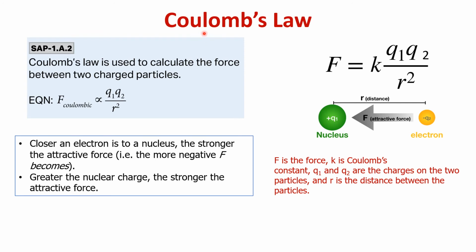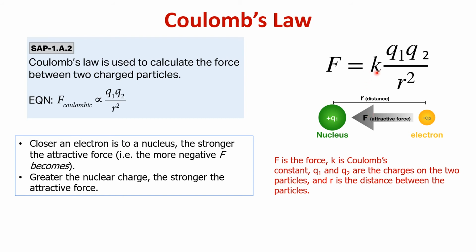Now let's talk about Coulomb's law. We know that electrons and protons are present in an atom. Protons are positively charged and electrons are negatively charged. So it means that they have some attraction between them. That is why the atom is present, because the nucleus, which is positively charged, is attracting the electrons towards it. That is why the electrons are continuously rotating around the nucleus. So this attraction between the nucleus and the electron is called the Coulomb's force, and this force